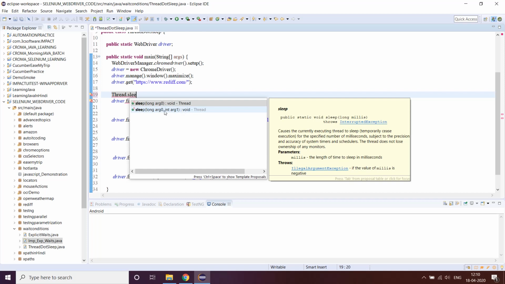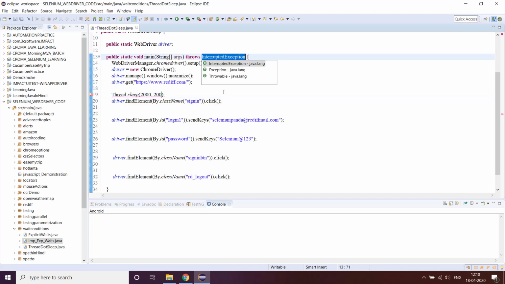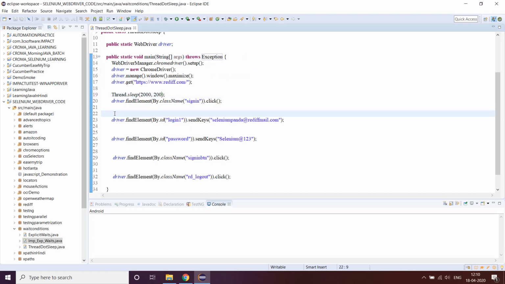Okay, so if I go for this integer argument, I will give here, let's say 2000, and here I'll give 200. So I'll use this, should work again.